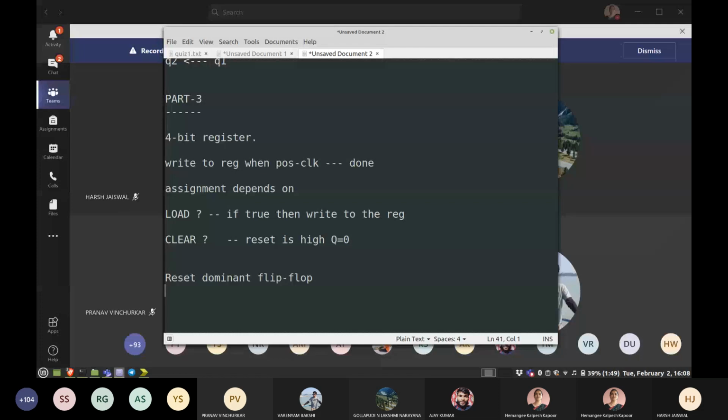Clear? Question? Okay, so this is what you have to do, and write the test bench and show for different values of load, clear, and D. Clock waveform has to be generated.